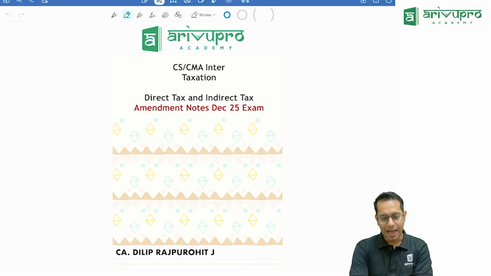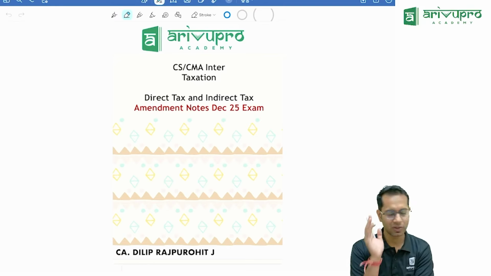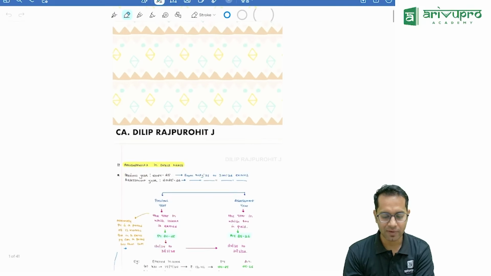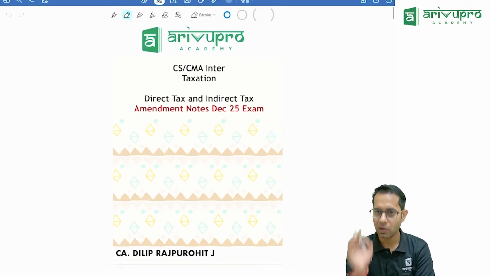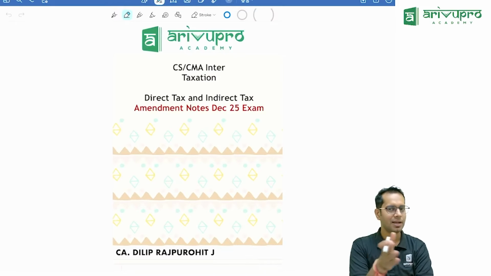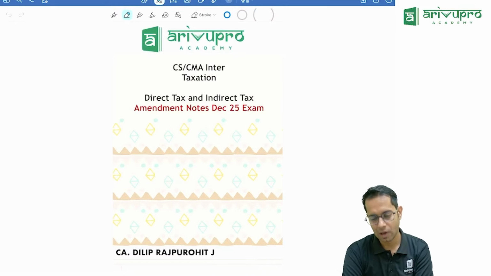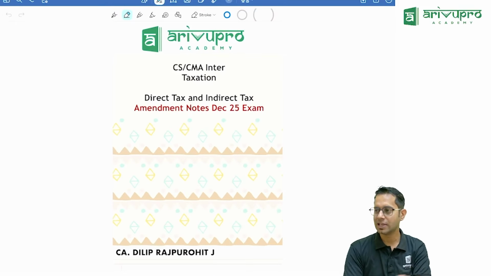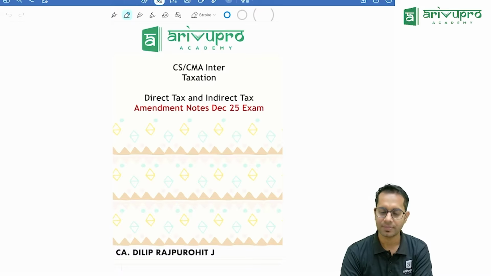First we will be covering the amendments which are there under direct and indirect taxes. First we will see all the amendments. Of course, we have discussed this amendment in our classroom, but these are the changes which are normally there in this law, because the chances of asking questions on amendments will be high.